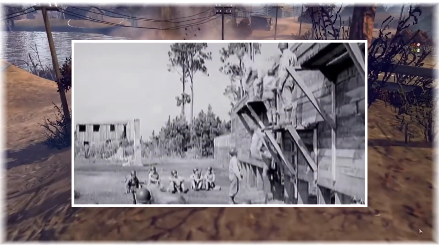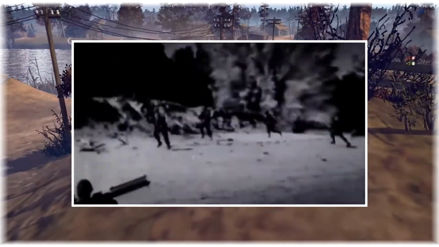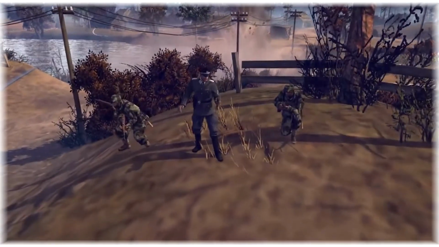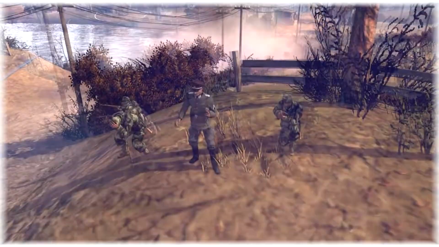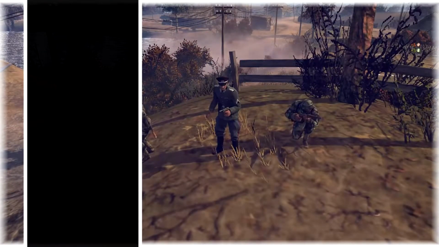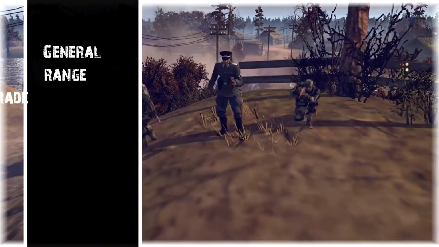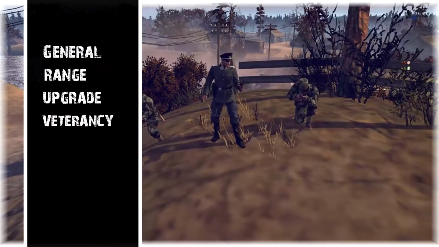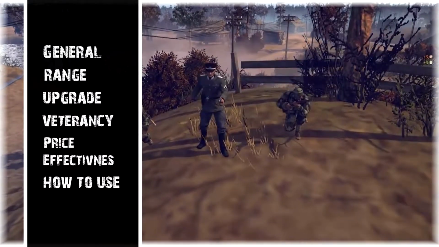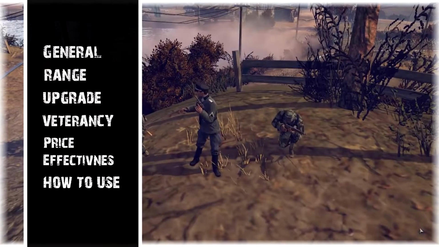This week we will review Rangers. Our review will have 6 sections. Those sections will be used to briefly explain every bit of that unit. Sections will be as following: General, Range, Upgrades, Veterancy, Price effectiveness, and how to use. If you want to skip any of these sections, you can just by clicking right here on the left section